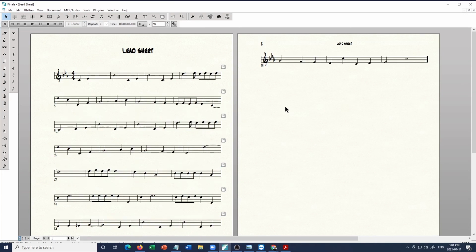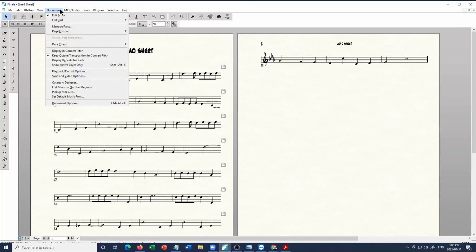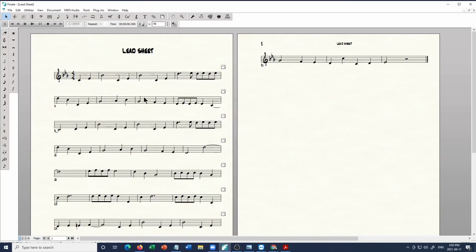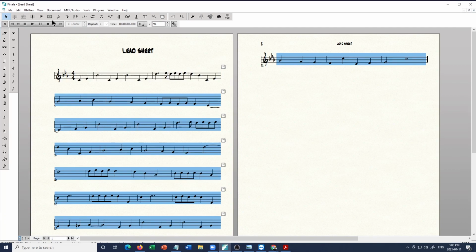Now there's a couple of changes that we need to make with this, because that is a pickup measure, so we need to change that. So let's go to Document, Pickup Measure, and select half note, and that fixed that. And then the phrasing needs to be set properly so that the beginning of each phrase is at the beginning of the bar line of the staff. So I moved this one from here to the first staff, then select the rest, fit measures